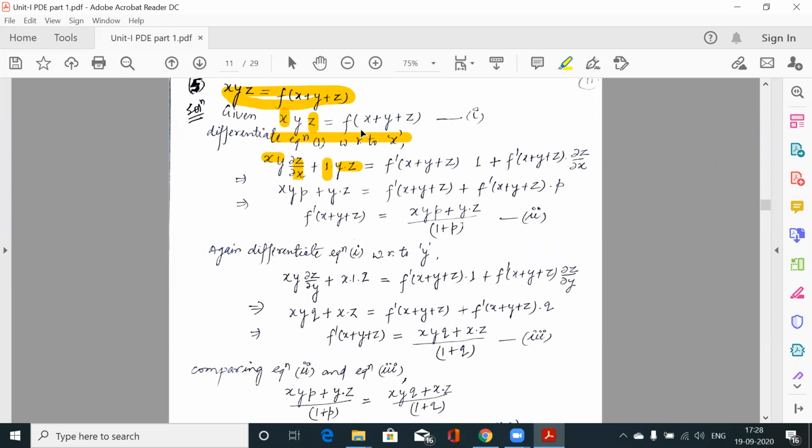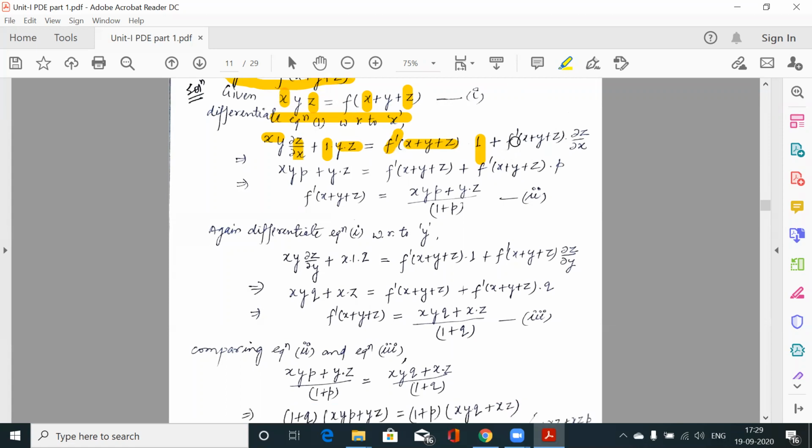On the right hand side it is f. Again this f includes both x and z. So x is a function of x and z is also a function of x. So again we need to differentiate it with respect to x by parts. So f dash, and differentiation of this argument with respect to x, x is 1, and next taking z as a function of x, the differentiation of f is f dash and the argument is del z over del x.